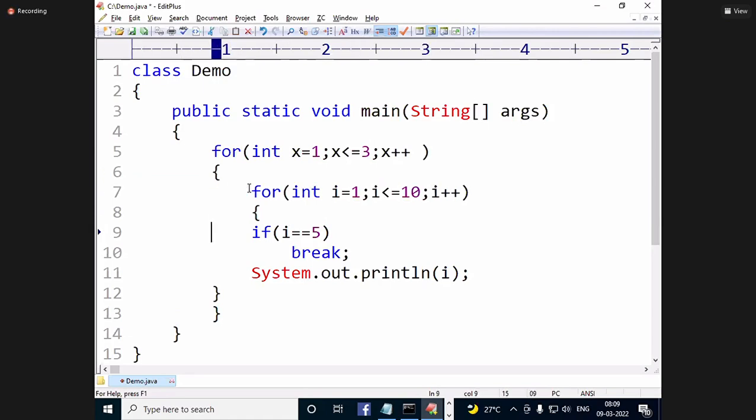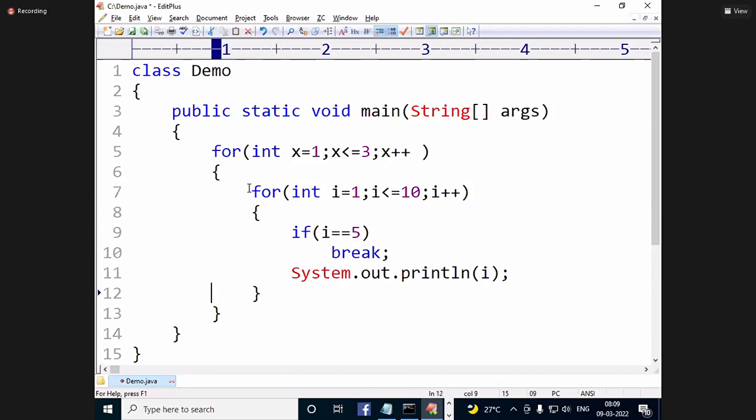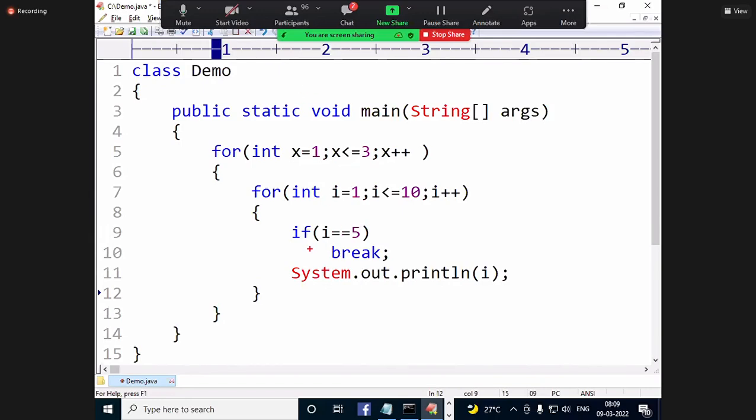So you observe, whenever break is executed here, it will terminate the inner loop only.